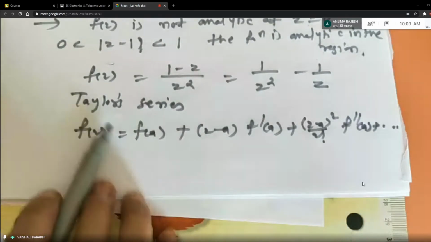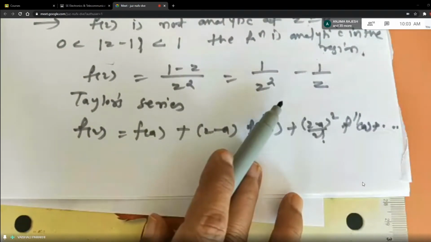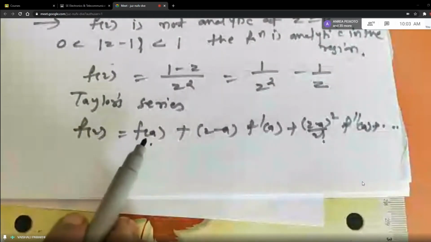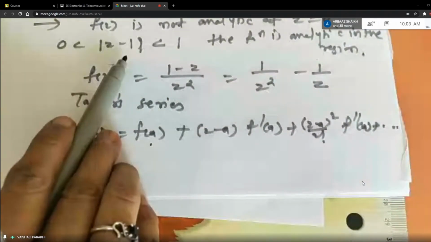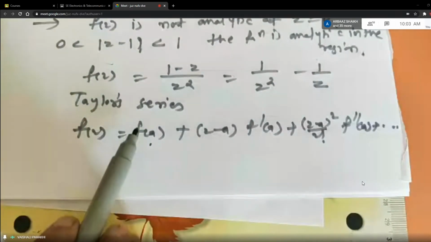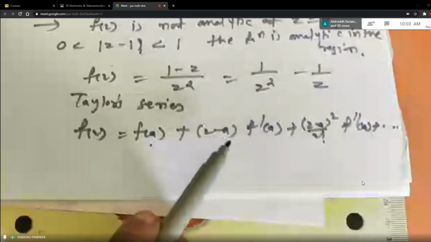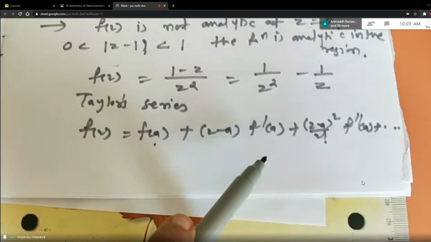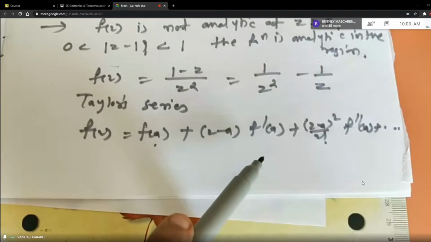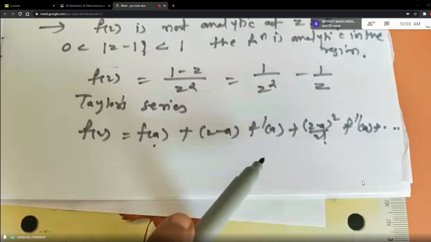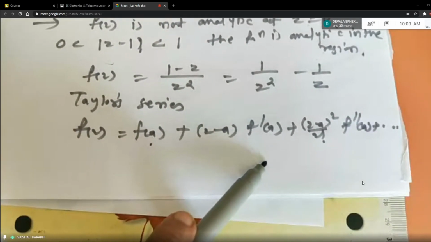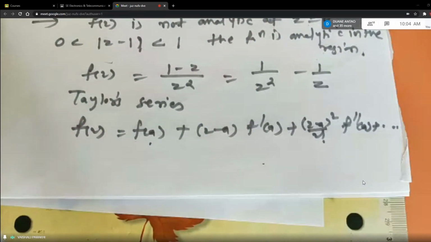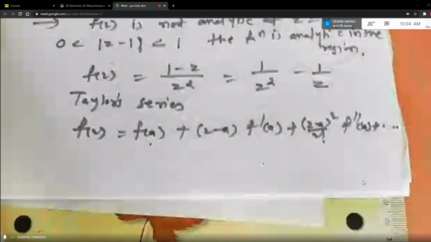So once the formula is in front of you, you will start finding the required things, right? So first of all, you require f of z, right? So f of z we got. Then you require f of a. F of a means what, students? What is a here? Whatever number is subtracted, that is z minus 1. So your a is 1. So you require f of 1. Then you require f dash of 1, f double dash of 1, and so on. So all these terms you are going to find out. So therefore you can substitute the values here according to the requirement and you get the Taylor's series.